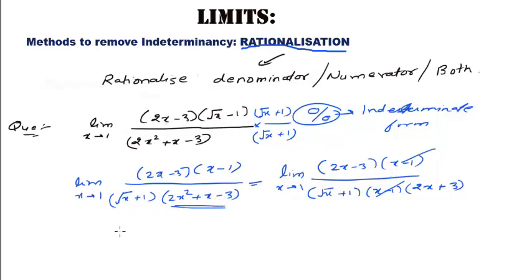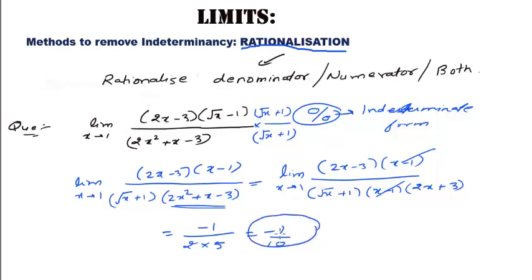Finally, if I substitute x equal to 1 now, do we get an indeterminate form? Let's try. If I substitute x tending to 1 in the numerator, what we get is minus 1. So it will not be an indeterminate form. Hence, we can directly substitute the value of x to find the limit. We'll get 2 minus 3, that will be minus 1, divided by what will be in the denominator? 1 plus 1, 2, into 2 plus 3, 5, so 2 into 5. So the final answer will be minus 1 by 10.